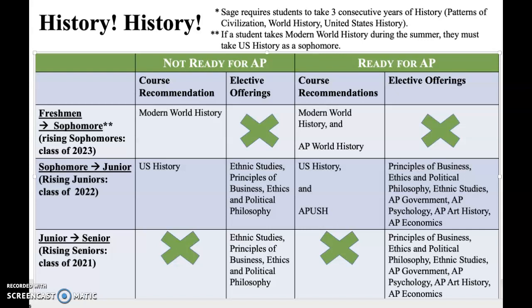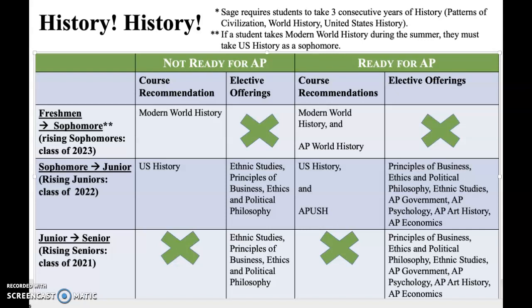Okay, so that is some of what can be considered for rising sophomores. Rising juniors are also going to consider U.S. history between U.S. history and APUSH. Same kind of comparison. U.S. history will have less out-of-class textbook reading, be more project-based, cover slightly less content, and focus slightly less on skills, whereas APUSH will focus more on skills, be more lecture-based, much more out-of-class textbook reading, and cover more content.